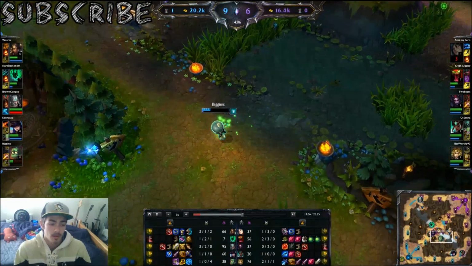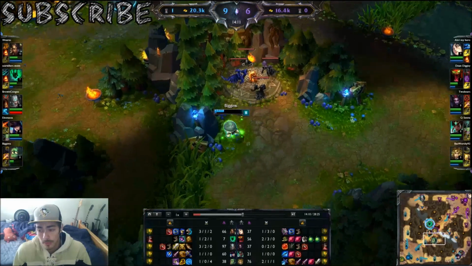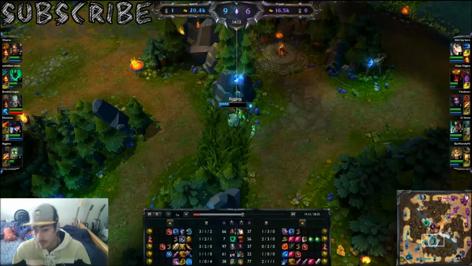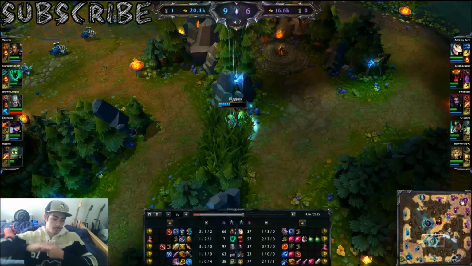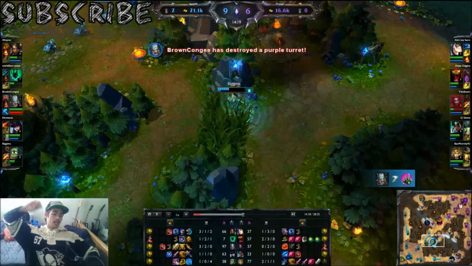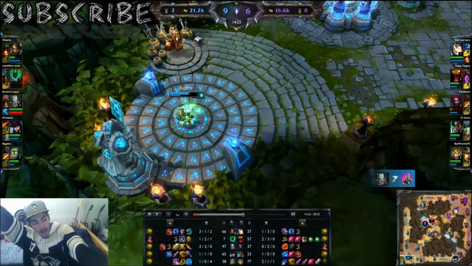So right there we were able to get out cleanly, I believe. No deaths whatsoever. We were able to almost kill the Cho'Gath. Almost. So you're going to see me base here. Again, maxing my Q out. And then after I max my Q, I like to max my...